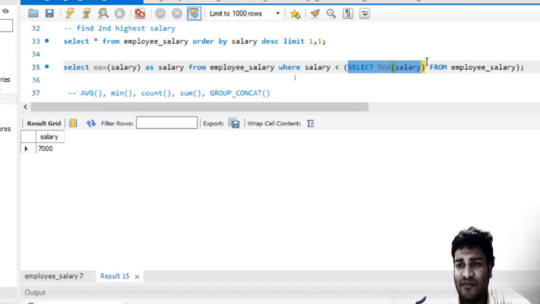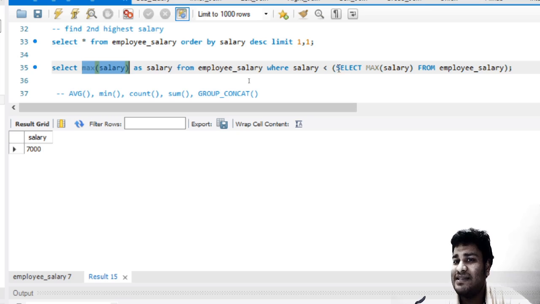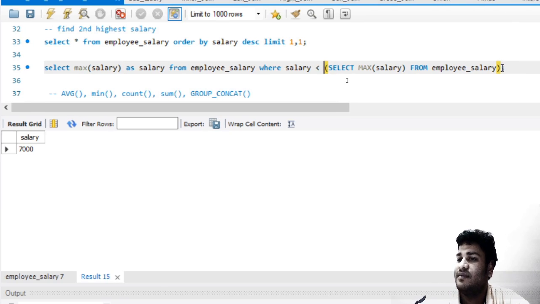What it is doing at first is finding the maximum salary. And then in the second query, we are again finding the maximum salary and saying show us all the records where the salary is less than the first maximum salary, right?